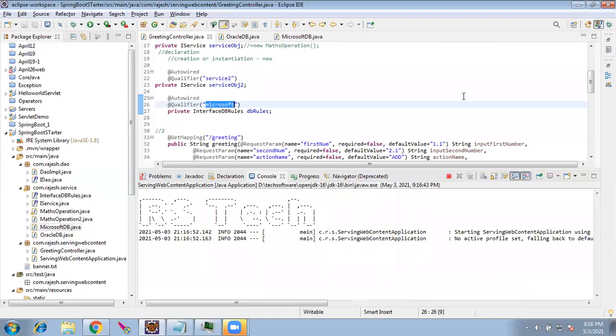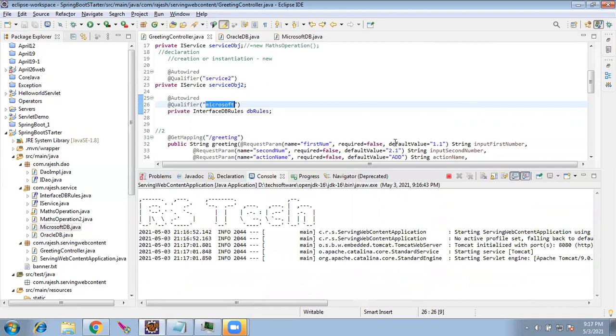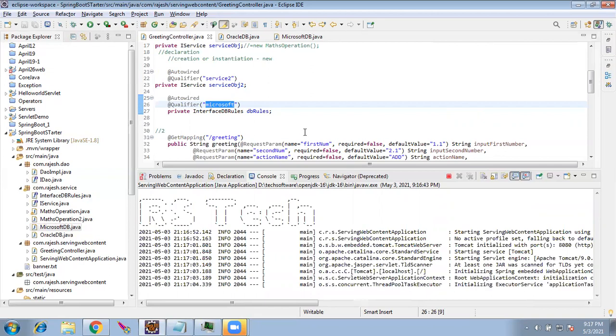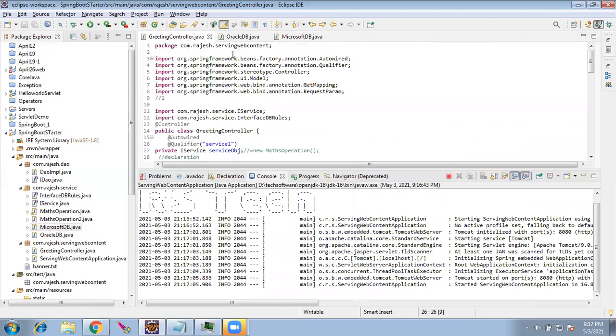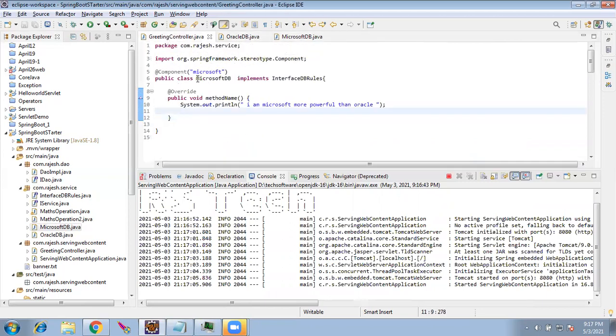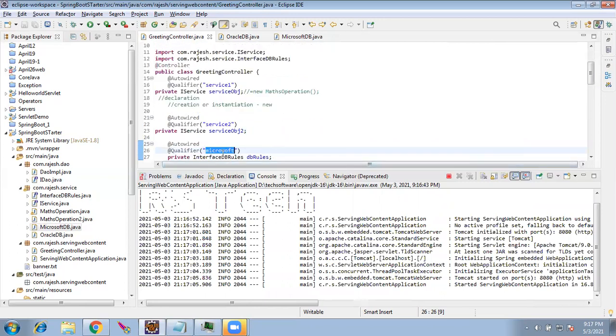We have to go there, delete that new Oracle DB and give new Microsoft DB. Inside the servlet, we have to give that new object, correct? We have to change the import and give the new class name. Here, this class doesn't even know whether it is Oracle or Microsoft. Just by using the qualifier, we'll change everything. This is the advantage.